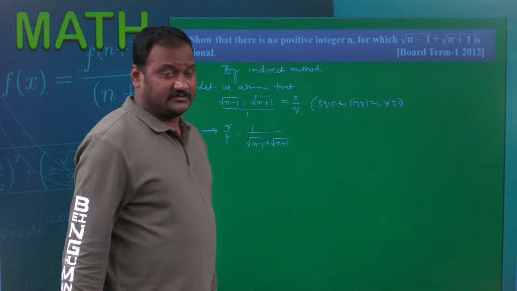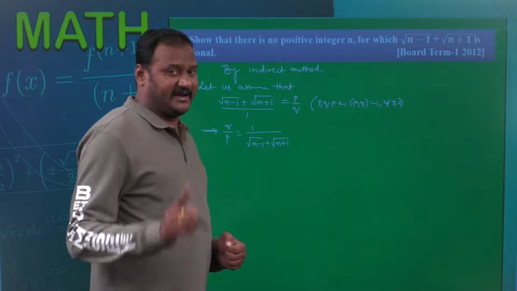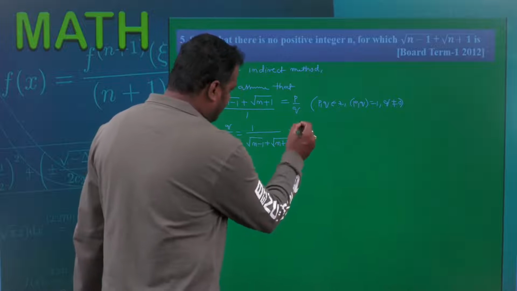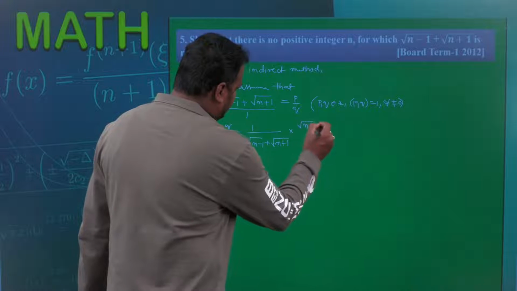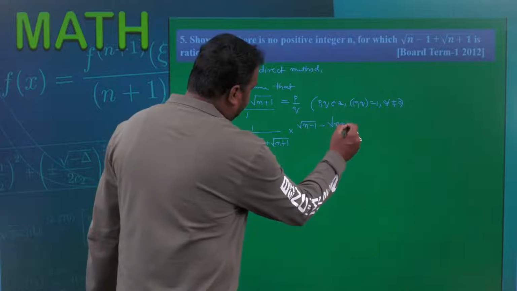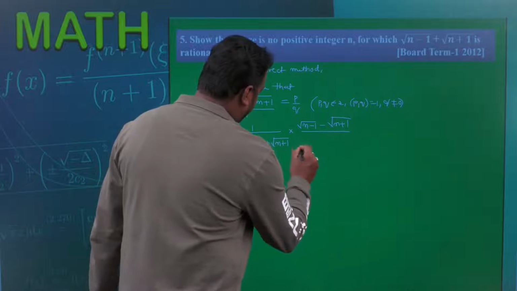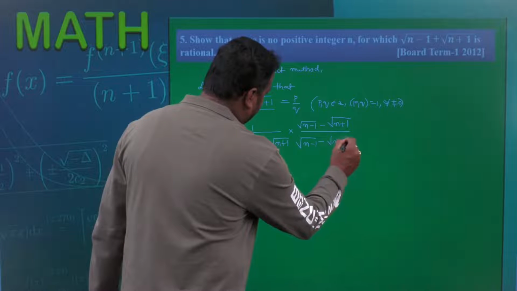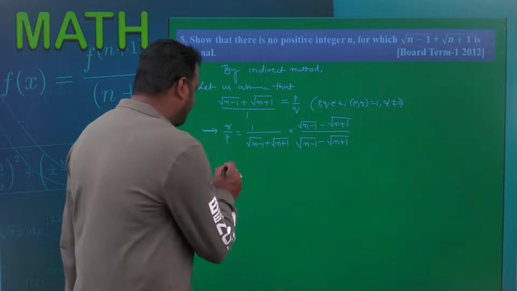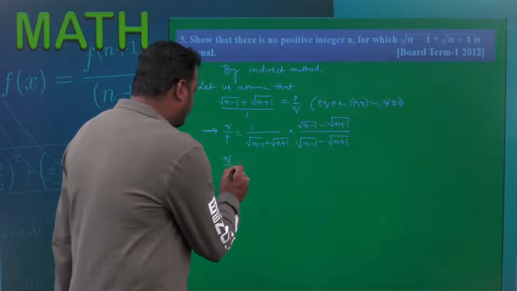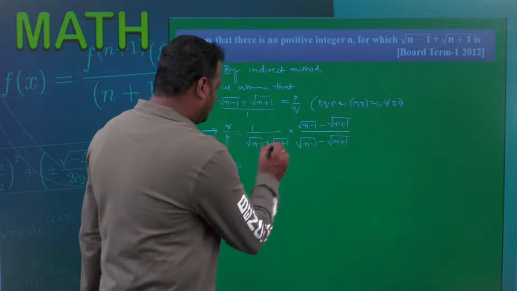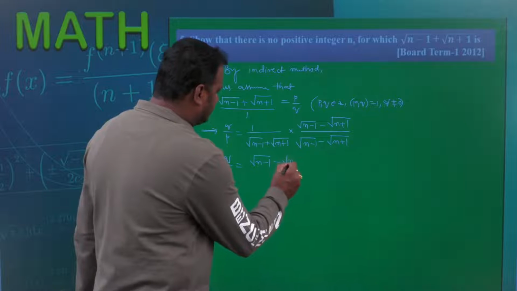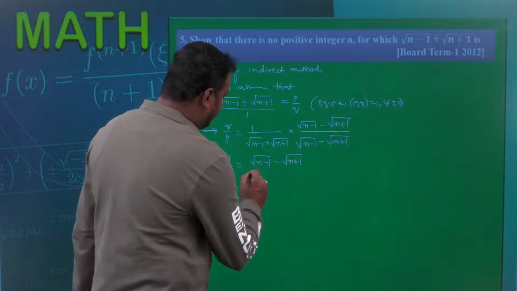What should I do? I should rationalize the denominator by its rationalizing factor. So what is the rationalizing factor of the denominator? Root over n minus 1 minus root over n plus 1, divided by the same thing, root over n minus 1 minus root over n plus 1. So what do I get finally? q divided by p is equal to root over n minus 1 minus root over n plus 1 whole divided by,